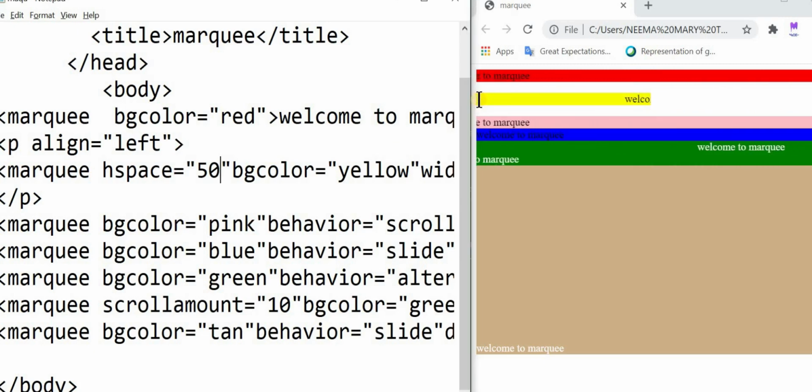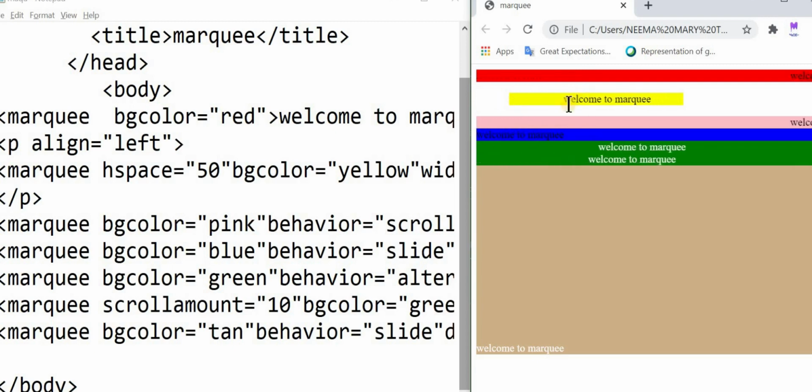There is no space from the left edge. Now let's refresh that. Now you can see here 50 pixels. There is a space of 50 pixels from the left edge to the starting of the marquee.